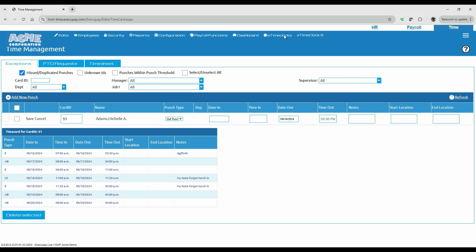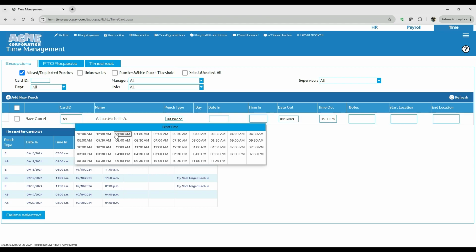Since the timeout was 5 p.m., we can assume that she probably should have clocked in after 3:30, or maybe she clocked out at 3:30 and got called back to work and then clocked out again at 5 p.m. So we can assume that. I can come through here and look for 3:30 p.m. But for me, it's faster just to type in